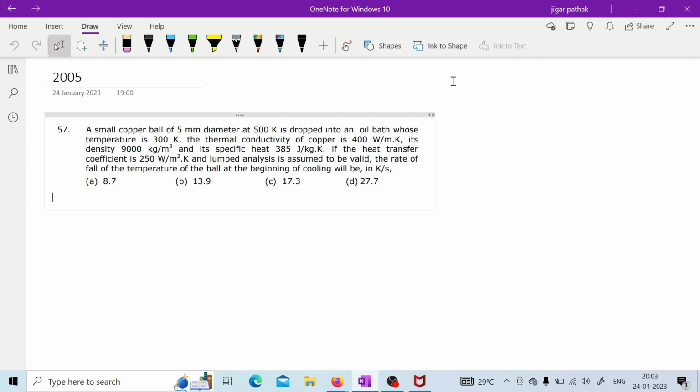So you need to give this rate of fall of temperature at the beginning. Means at t equal to 0 you need to define all this. But for that, first you need to